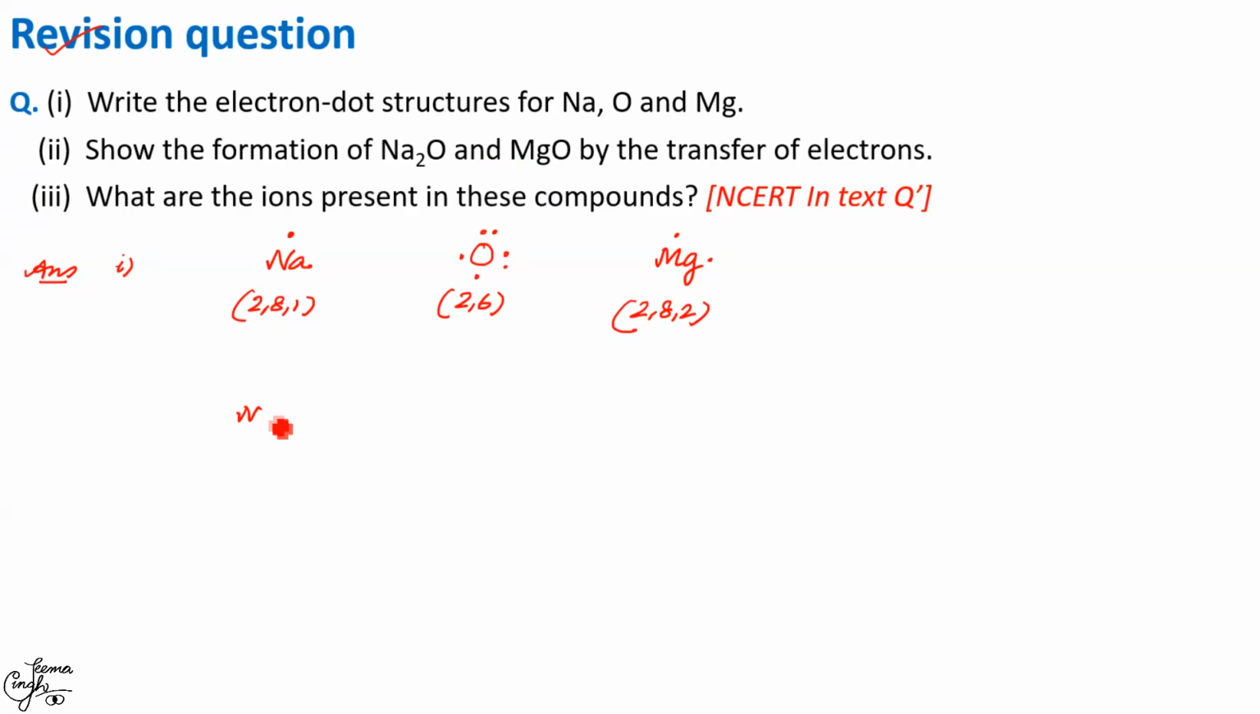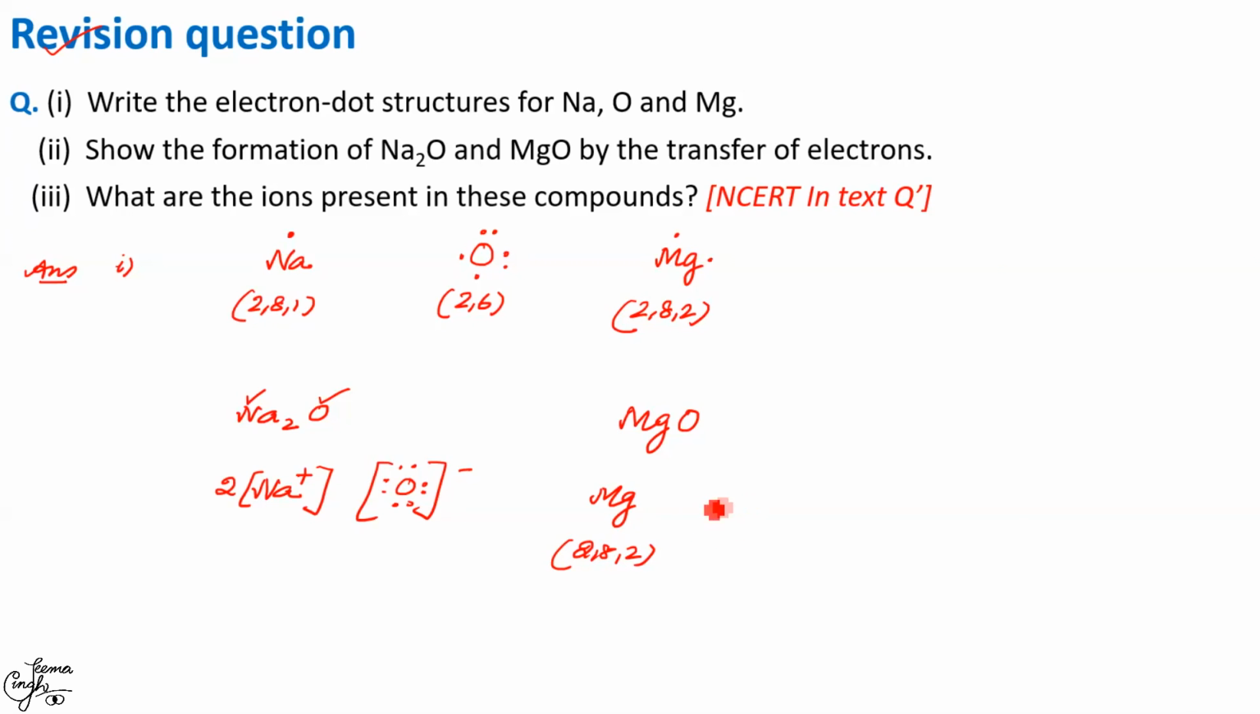You have Na2O. The first step is identify the metal and non-metal. Sodium is the metal and oxygen is the non-metal. So your ions are Na positive. How many? 2. And oxide ion or oxygen anion with a negative charge. The second part is MgO, magnesium oxide. Magnesium is the metal, since it will have